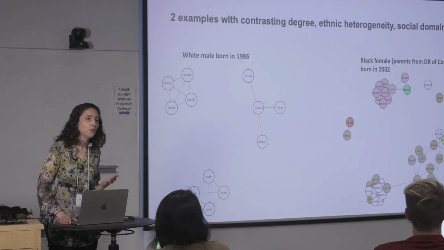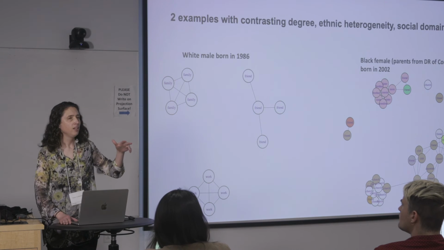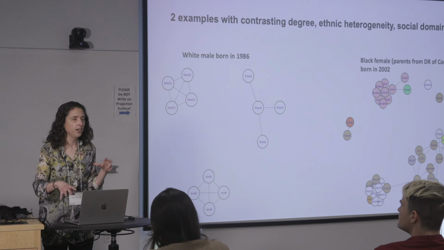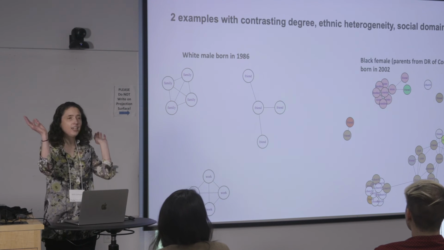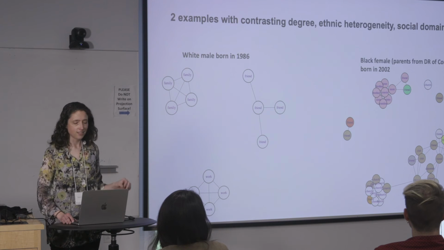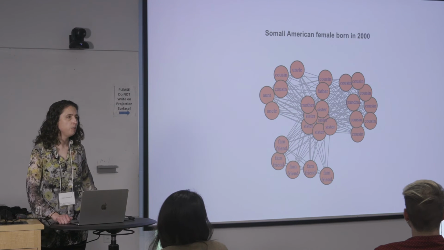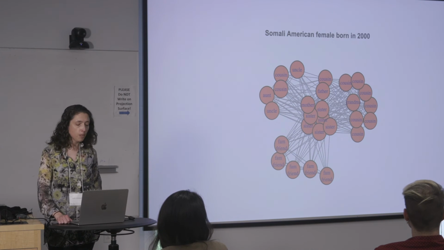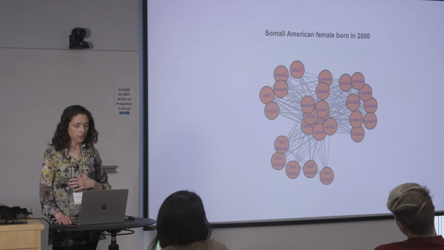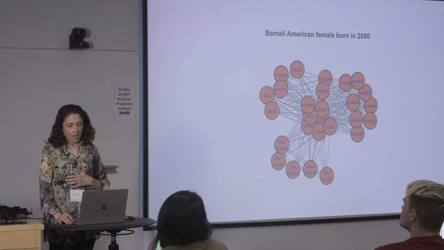Initially, when we first started the pilot phase, I thought, great, this is going to be interesting. People in this kind of ethnic enclave that we're targeting right now are going to have ethnically heterogeneous networks, and they're going to have all these different social domains. And I was very wrong about that. Because then you get people like this, whose family members and friends, the only people that she talks to are people of the same ethnic group, and they're pretty much all just her family.